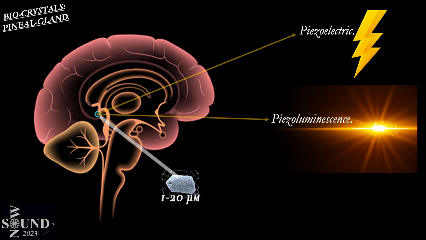So the next main property is piezoluminescence. All right, we're a bioluminescent creature. When you turn the light off and you go into a dark room, if you get super, super sensitive photographic equipment, your whole body is glowing because your skin is also a crystalline structure. So going back to the pineal,